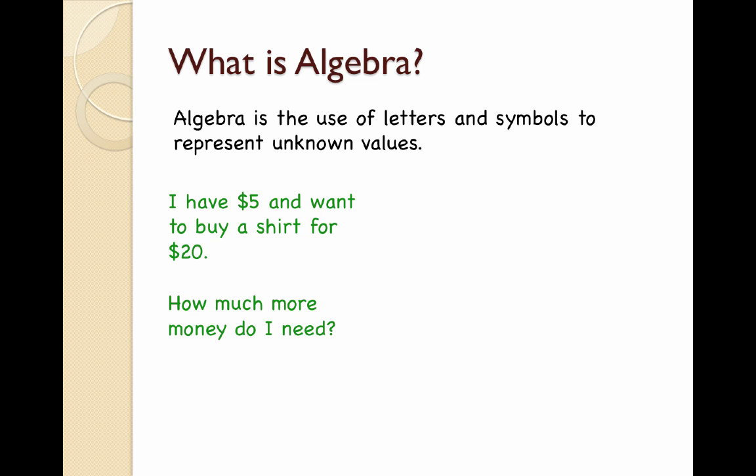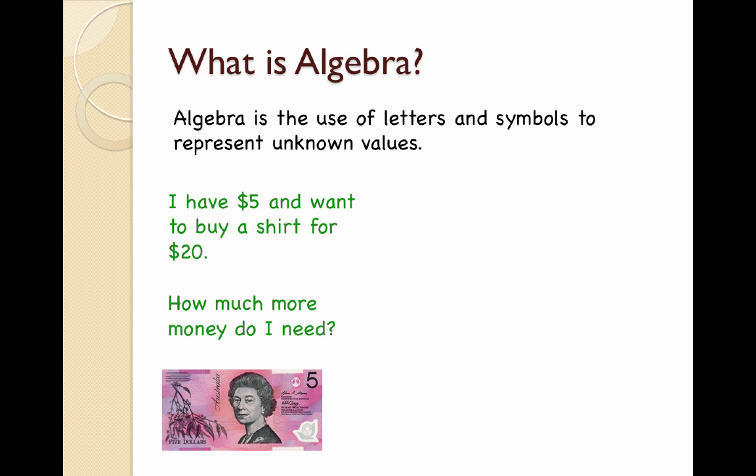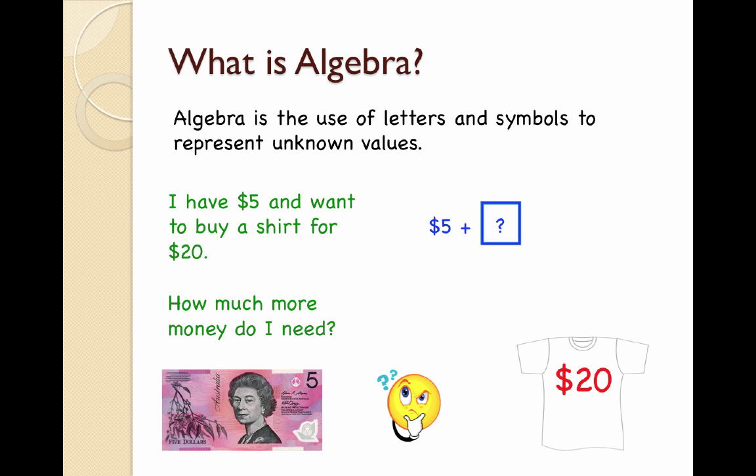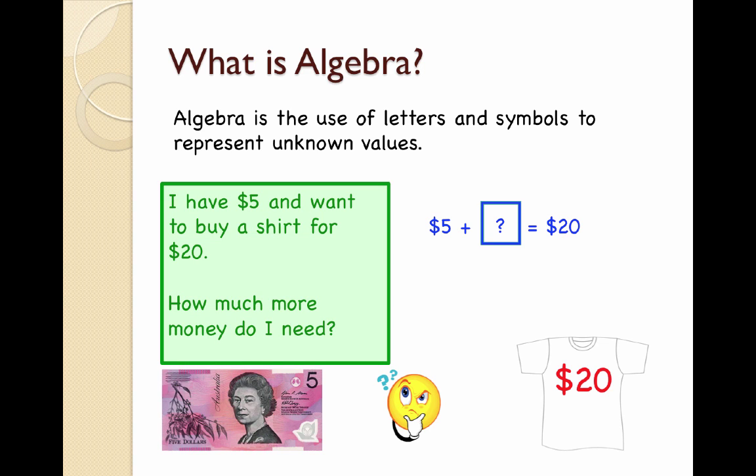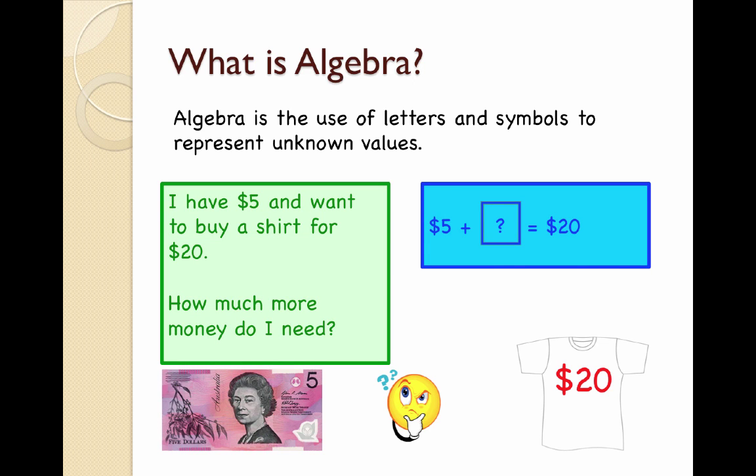Let's take a look at an example. Let's say I have $5 and I want to buy a shirt for $20. How much more money do I need? Well, if I want to write it in a shorter way, I might use numbers and symbols and maths terms to shorten it. For example, $5 plus some unknown value will be the same as $20. The written version is obviously a lot longer than the maths version, so mathematics helps us to shorten our problems